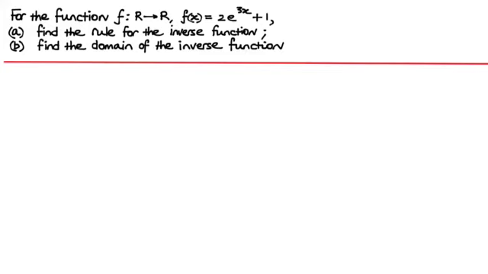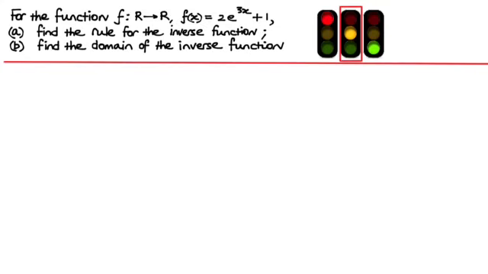In this example, we're finding the inverse of a function. Very typical exam 1 question in methods, so let's go with that and see what we can find out. It looks pretty straightforward. We've got a function here, f of x equals 2e to the 3x plus 1, and